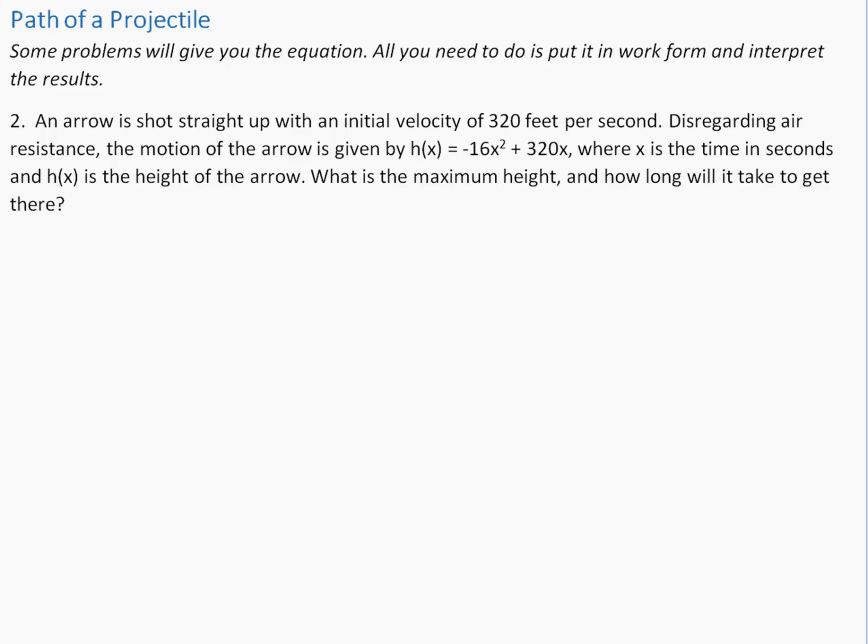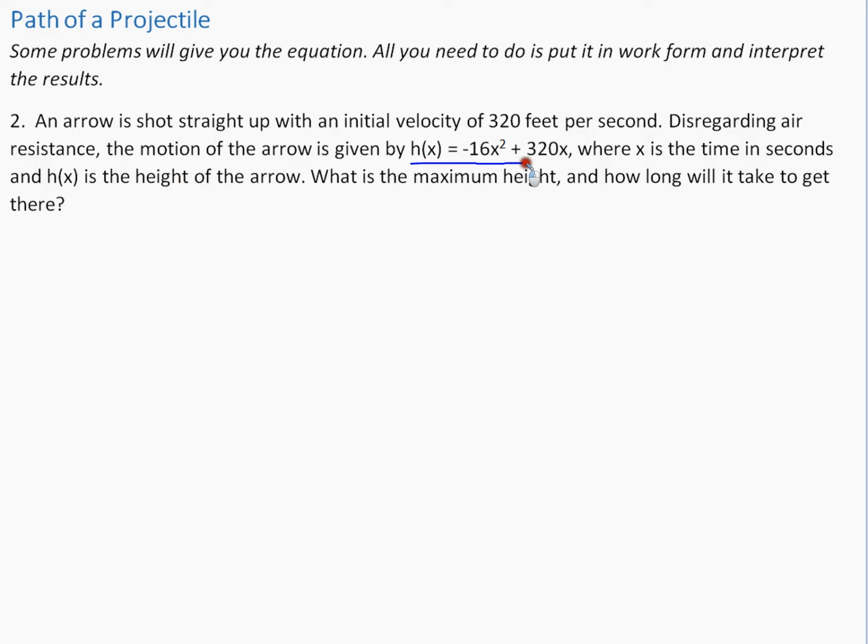Here's the next one. This one has to do with projectiles. In this case, it's an arrow. So some problems will give you the equation. All you need to do is put it in work form and interpret the results, and that's what we're going to do here. So we have an arrow is shot straight up with an initial velocity of 320 feet per second. This is a physics type problem, so disregarding air resistance or friction, the motion of the arrow is given